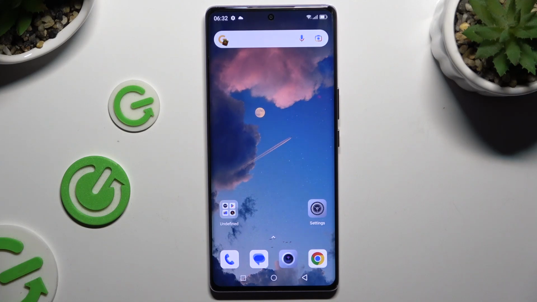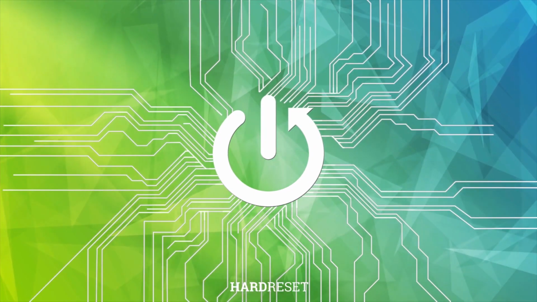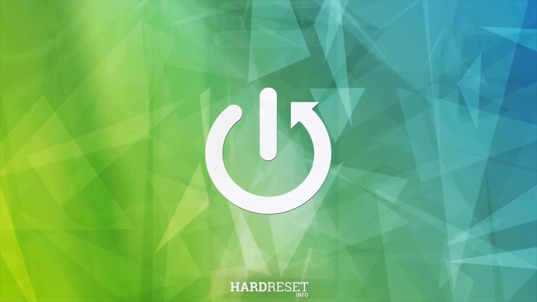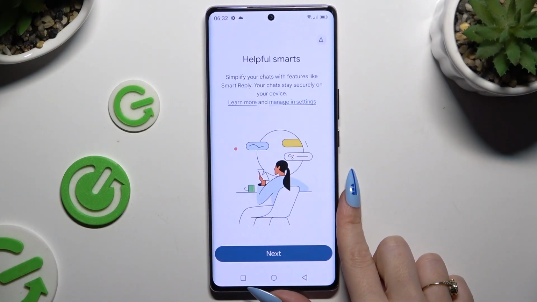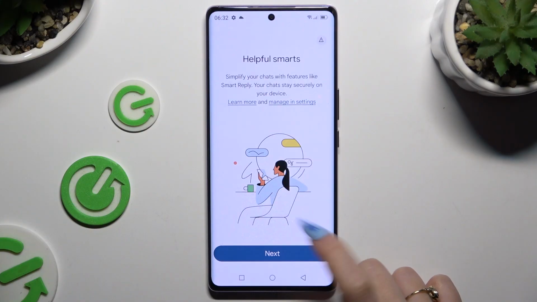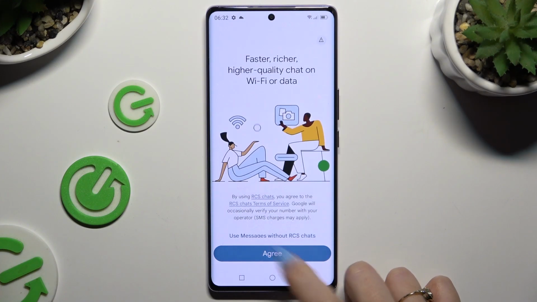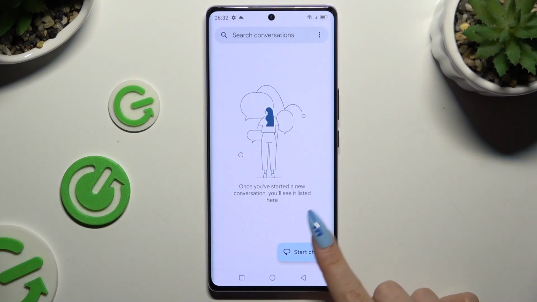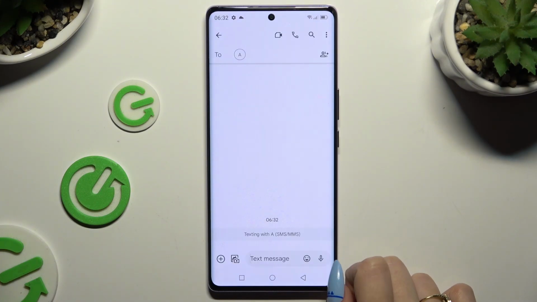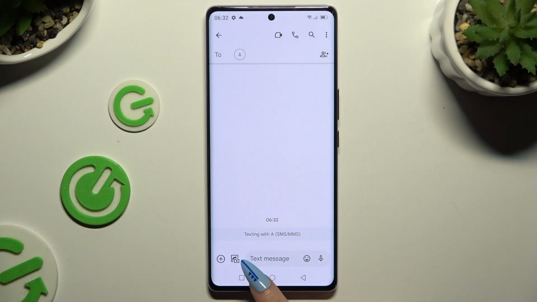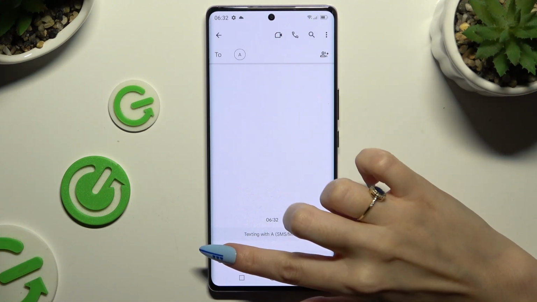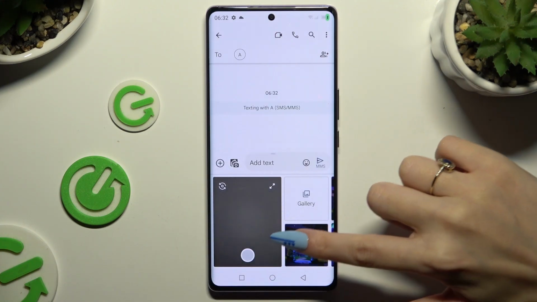In front of me is Blackview A200 Pro, and today I would like to show you how you can add photos to text message. Begin by launching messages and selecting or creating a chat. Then use this icon of a camera and the photo at the bottom left corner and tap on any photos